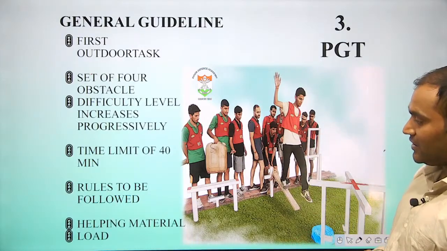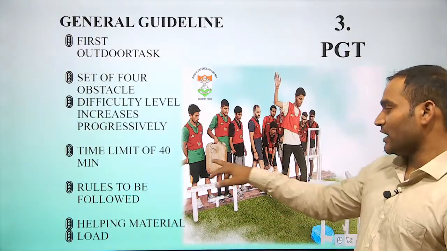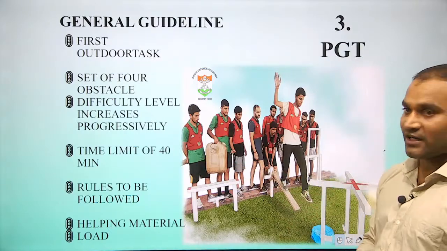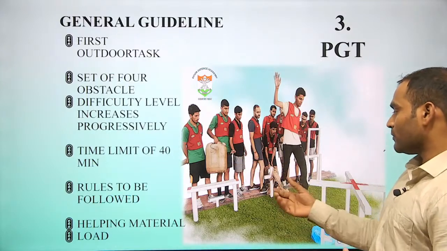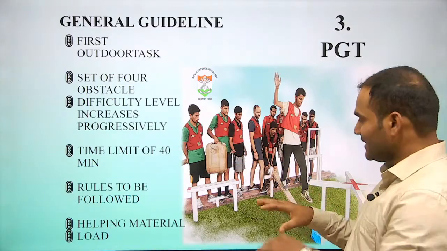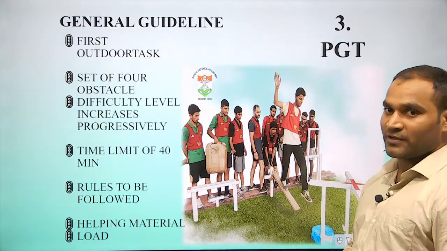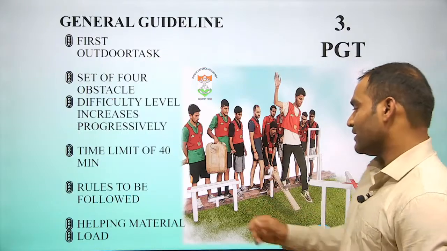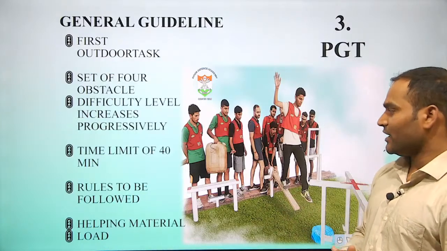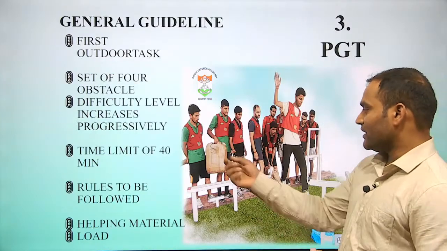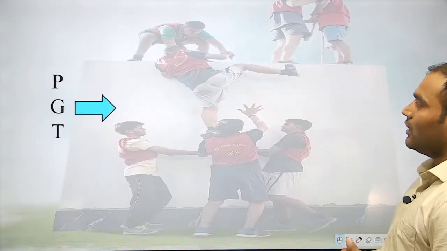There will be some helping material, like you can see, plank, rope and log. These 3 kinds of supporting material can be given. There can be 2 planks or 2 logs without rope, or 2 ropes and 2 planks without log. It is just according to the ground, as the GTO designed the ground for a different purpose, so he will give you accordingly. And there will be a load. The load can be a camper, or just a box. It can be filled with fluid, not with petrol.